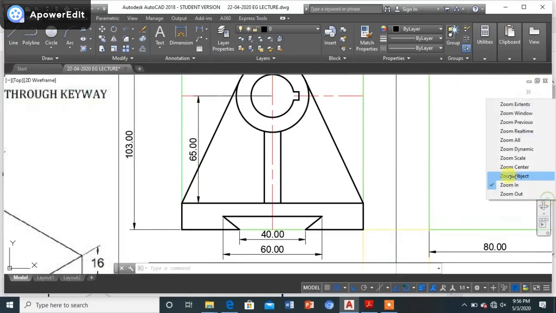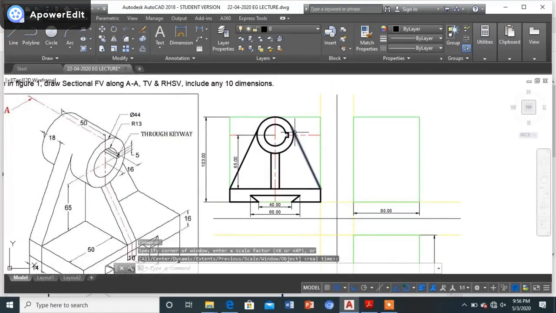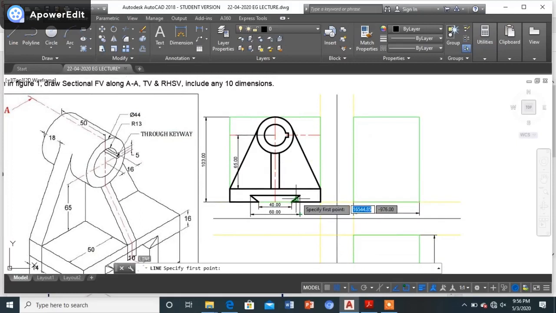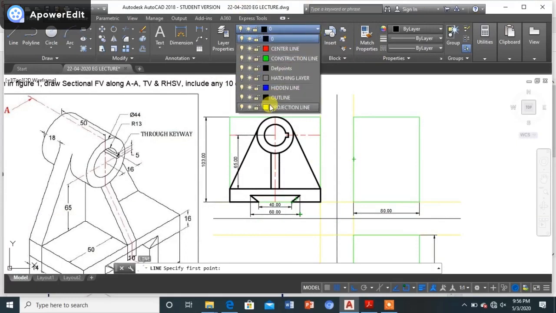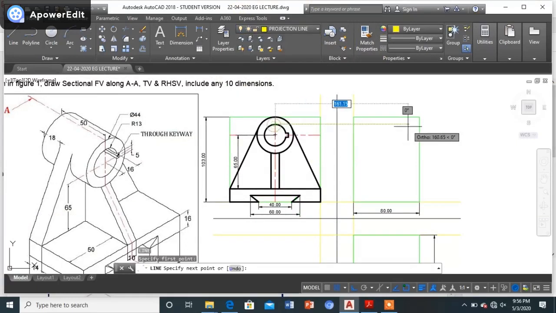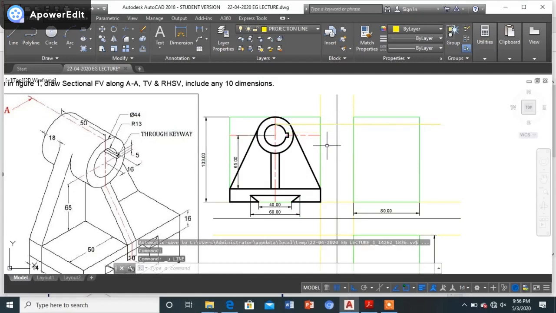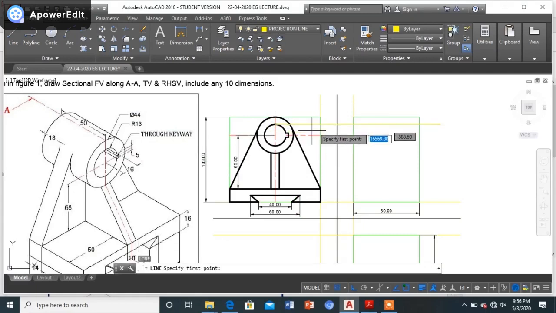Just before going for the front view, let us take all the projections of the right hand side view for the front view one by one. Let's mark all the projections because it will make our construction simpler.